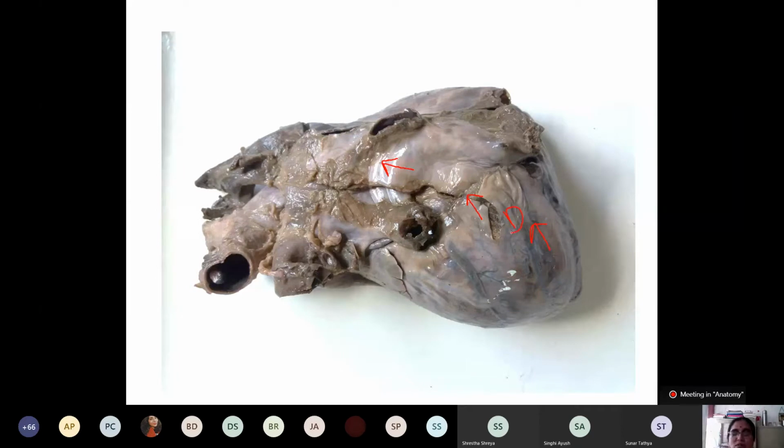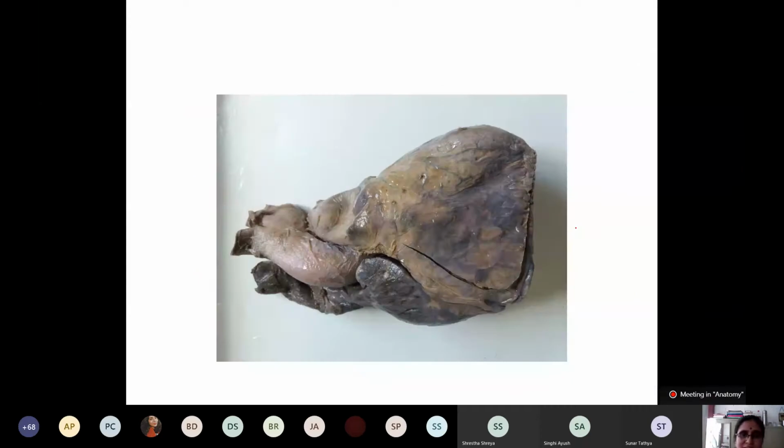Now here, what is the formation? That is another tail question. The third tail question would be identify the marked area. This is the posterior interventricular groove. What is the content? The contents are the posterior interventricular artery and the middle cardiac vein. These are the questions. Now here you can see, my dear student, this is the sternocostal surface. Yes, sternocostal surface. Here the tail questions are mention its formation and its features, or mention its surface projection and clinical anatomy.